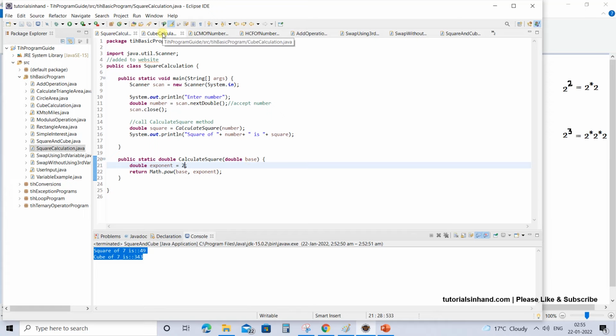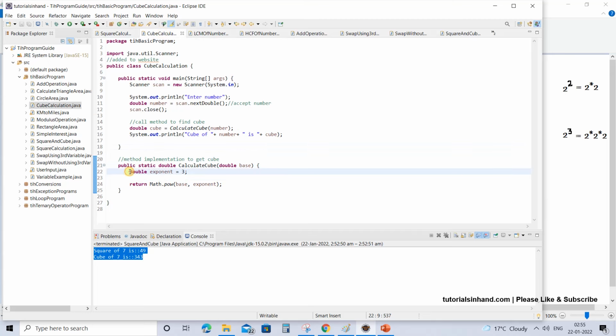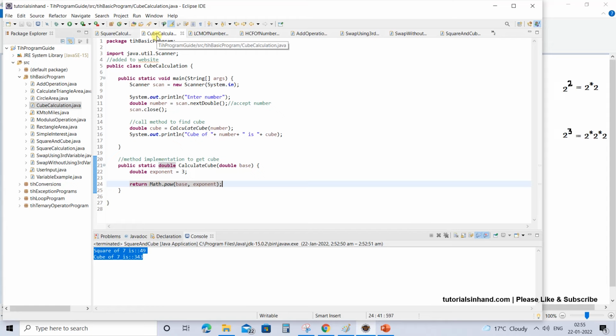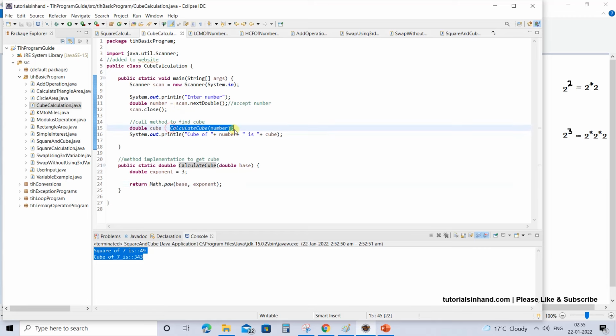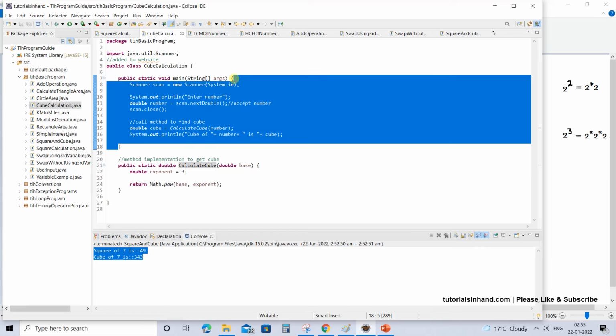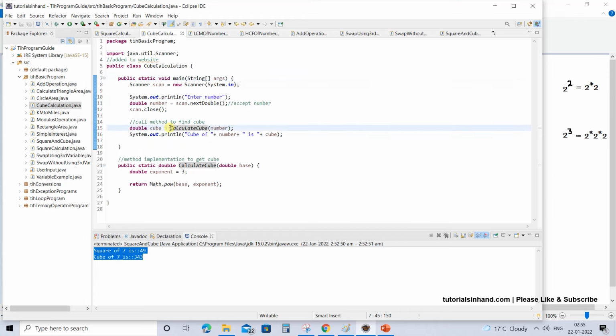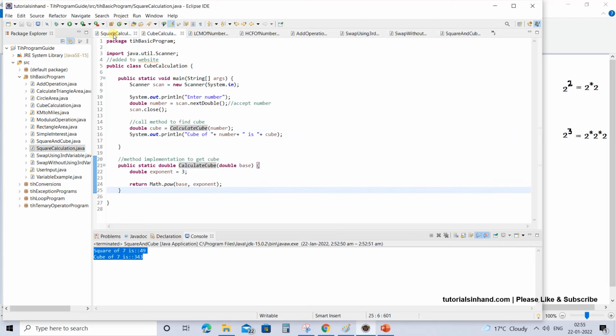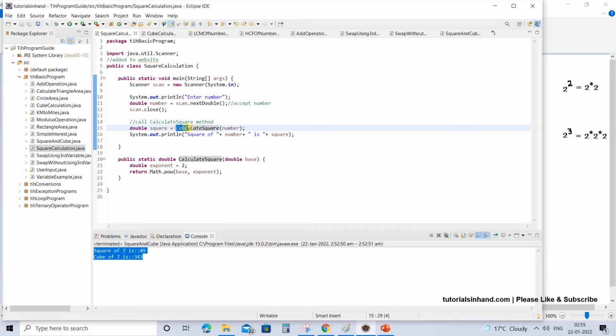So we have already calculated the cube as well. So we can also use Math.pow to calculate square and cube, but that would be seen in the later tutorials. For now, just stick to the basics that I have explained. And moreover, this is something where we have called a method to do the task. We have not written the code within the main method itself. Rather, from the main method we have called a method called calculateCube to calculate the cube of a number. And similarly for square we have used the method calculateSquare.